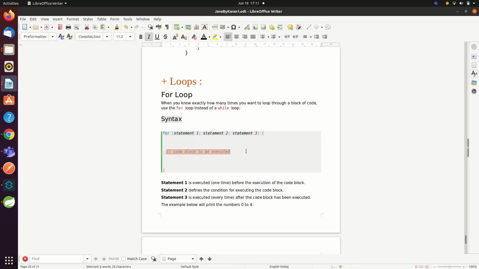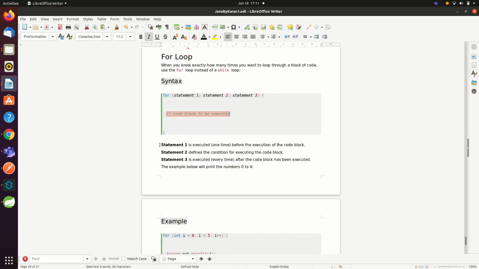Now coming to the below points, statement 1 is executed one time before the execution of the code block. That is, we can initialize a variable in the place of statement 1. Statement 2 defines the condition for executing the code block.